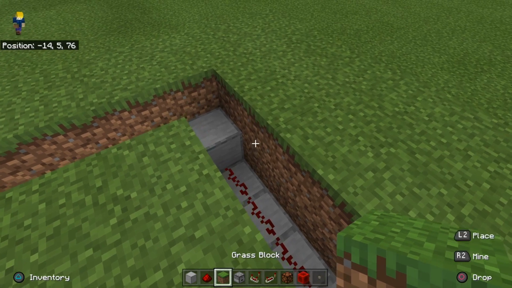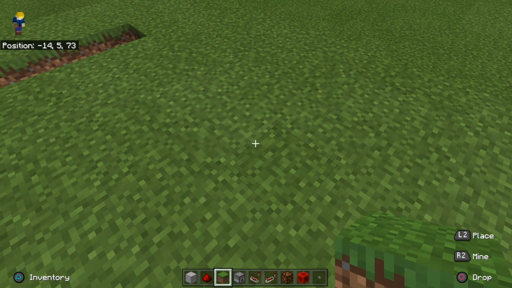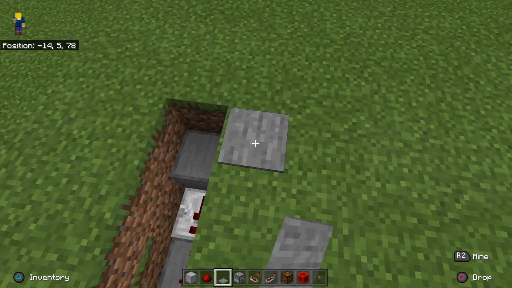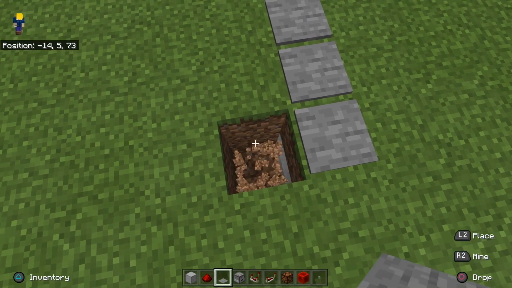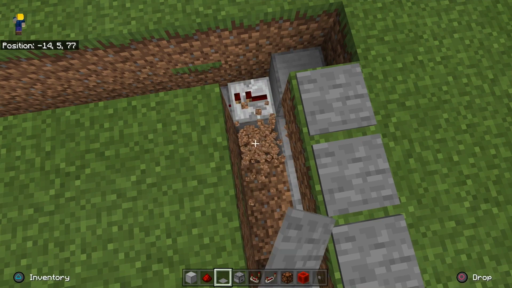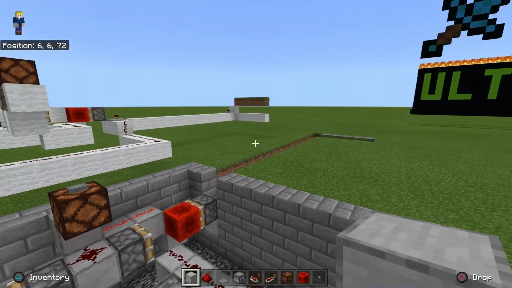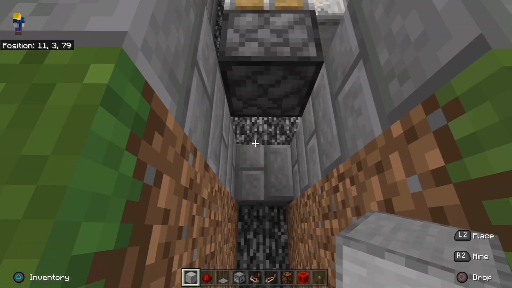Then you're going to want to take dirt, place the dirt back up on these 5, and on those 5 you're going to want to take a pressure plate, just like that. So then when we break this, this is what you should see down here. Once you've completed that whole side there, like we just did, you'll come over to this side of this piston,